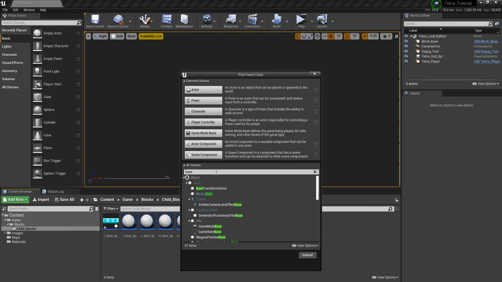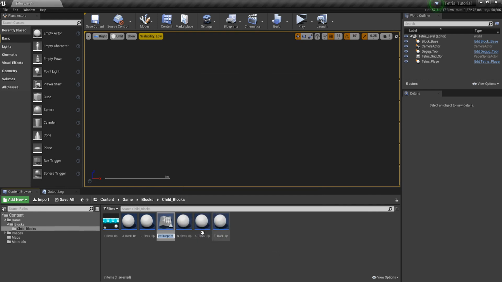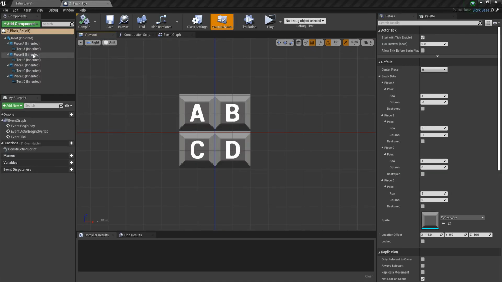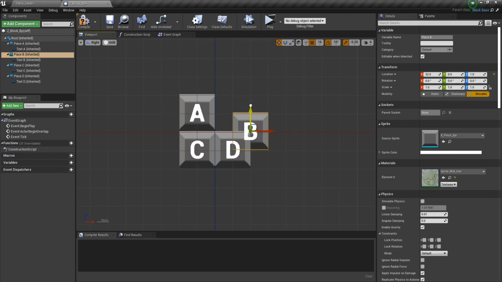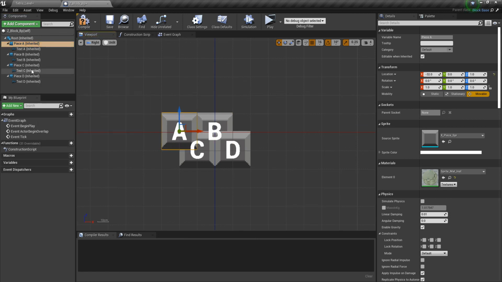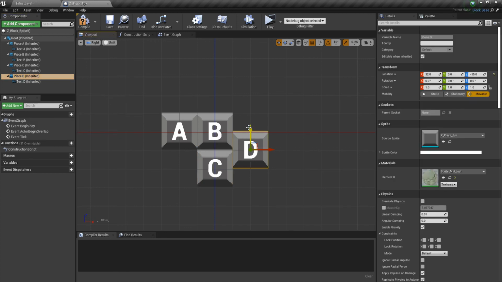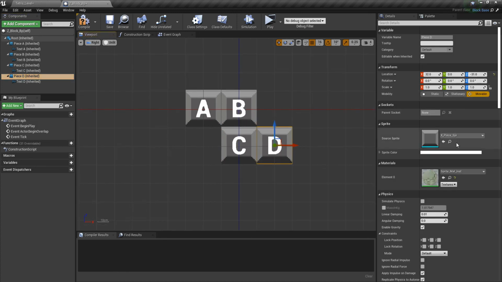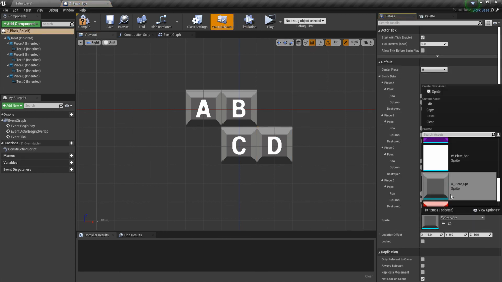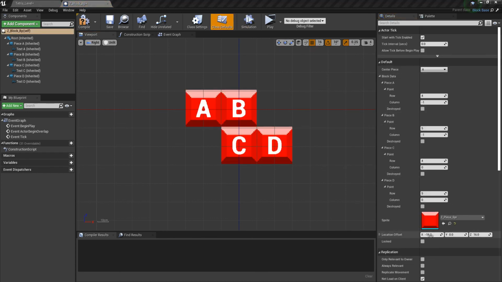So we'll add another base block child. Remember, this one is the Z block, so the last block. And so we once again need B to be in the center because that's what everything's going to rotate around. Then we'll bring A down, and then we'll get C to be right there, and then D is right there. Now let's go ahead and set the sprite, which is the red one, and the spawn offset is -32, 0,